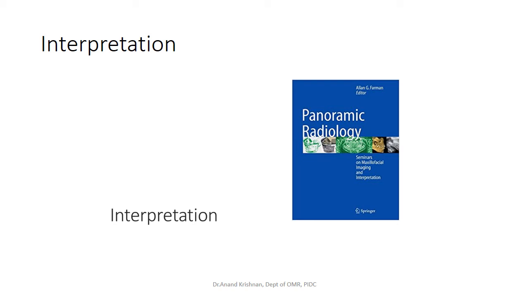So interpretation, again, keep in mind all the factors that were told to you before in the previous slide while interpreting the radiograph. So we analyze the critical structures and we also analyze the relative structures that are there in the radiographs. And the critical structures will be our area of focus depending upon whatever the pathology is, and every other structure will become relative anatomy, and we have to take them into consideration too.